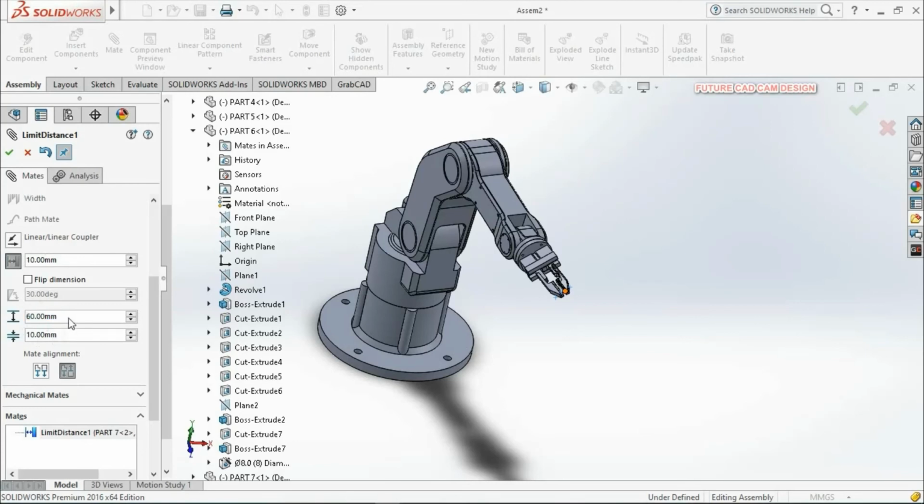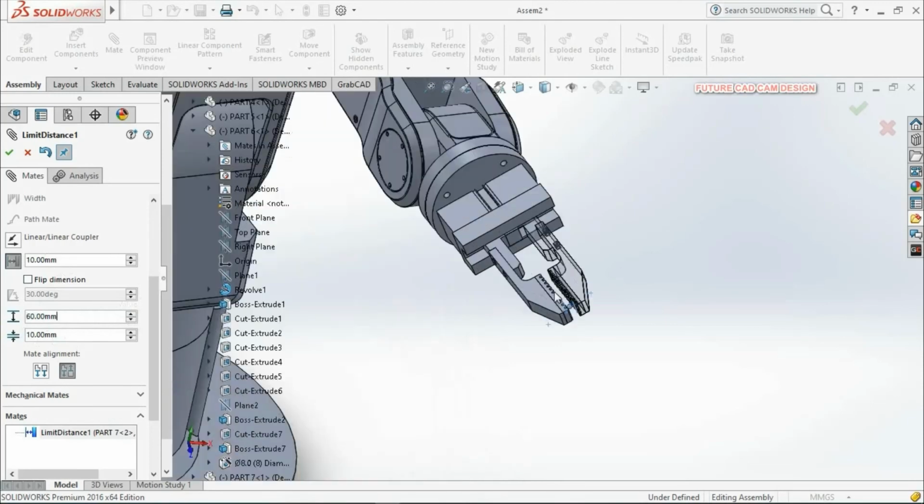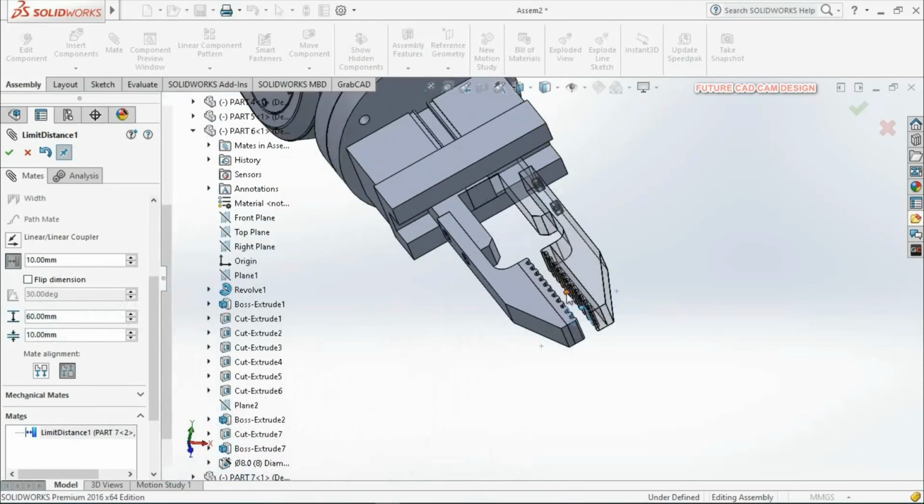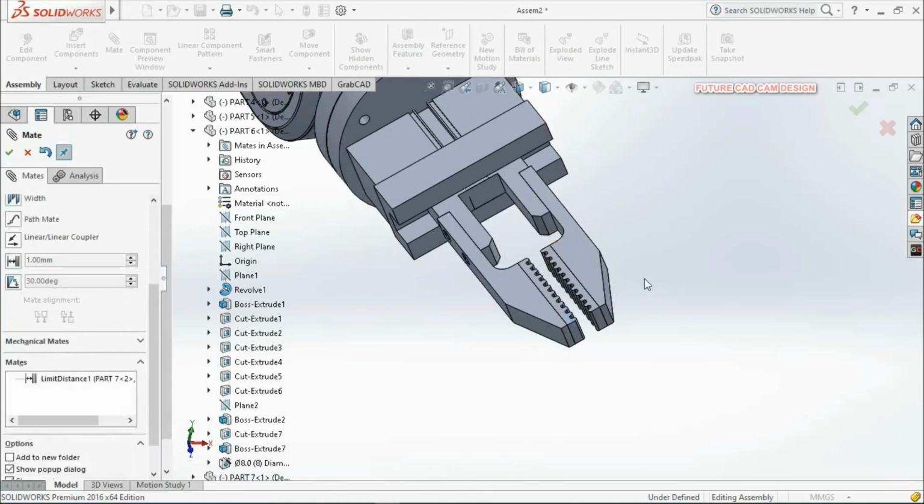So here you can see the dimensions I have given: minimum dimension and maximum dimension. We need to give the minimum dimension in two areas, here 10 and 10, and this is the maximum dimension of the two grippers. This is the minimum distance, now 10, and maximum distance it will be 60, and then click OK.